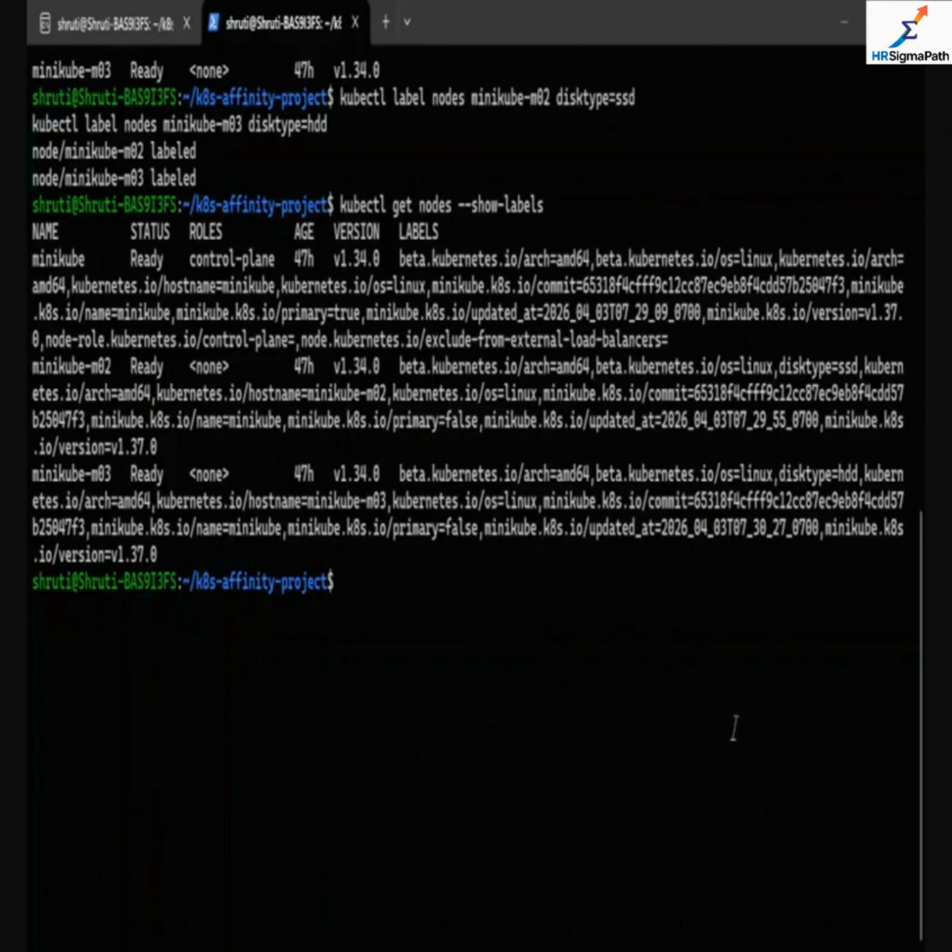Now we will create a pod that says I must run on a node with SSD. So this is a node affinity. We will do it here. So let's break it down in the YAML file. We have to create one YAML file